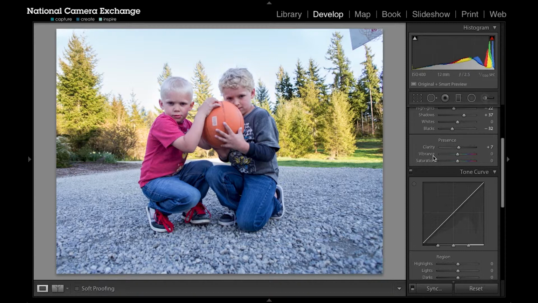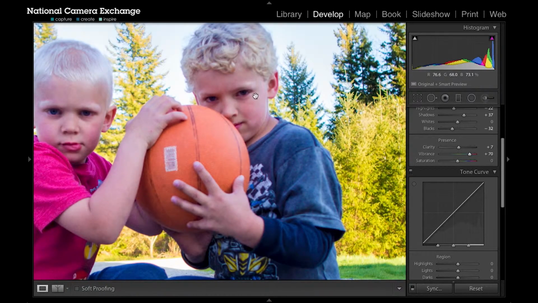So the other option is vibrance, and like clarity, vibrance targets more of kind of the middle values or more of the undersaturated areas of the image. So vibrance takes the areas that aren't already as saturated as other colors or other areas of the image, and it raises the saturation there. And the other neat thing about vibrance is that it also prioritizes skin tones and kind of saves skin tones. So you're not gaining quite as much of the saturation in the skin tones of the image. So though the rest of the image is gaining some saturation, if you look at the skin tones here, I'm not getting quite as much